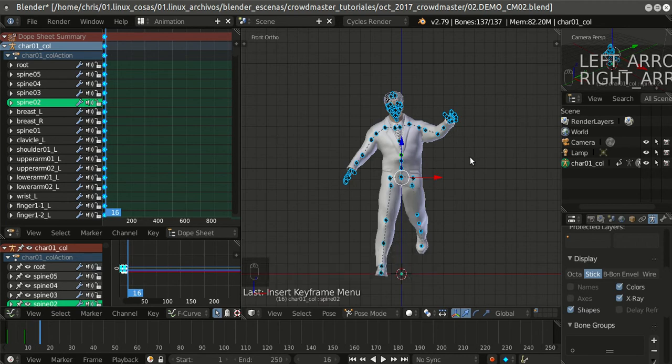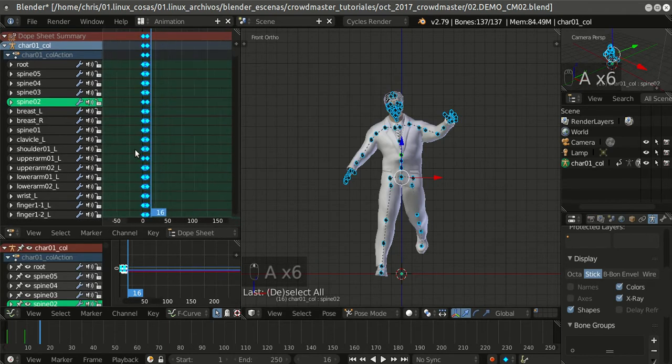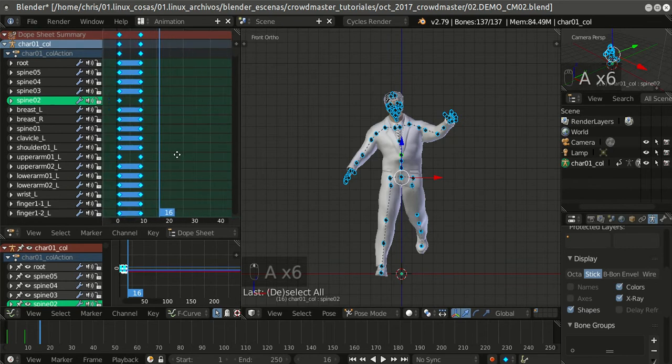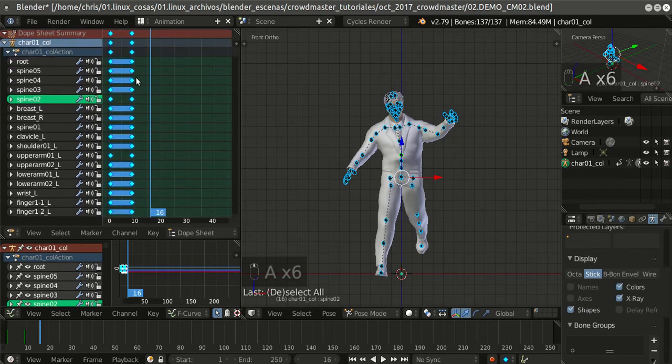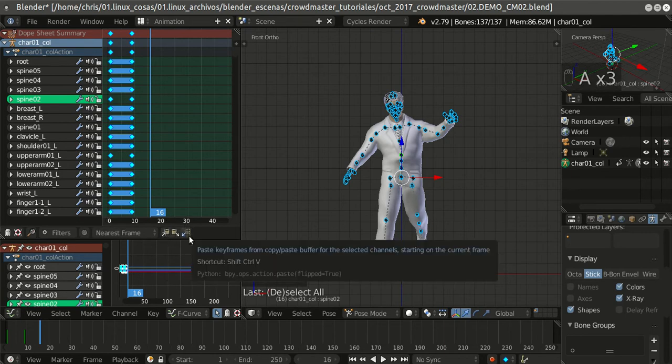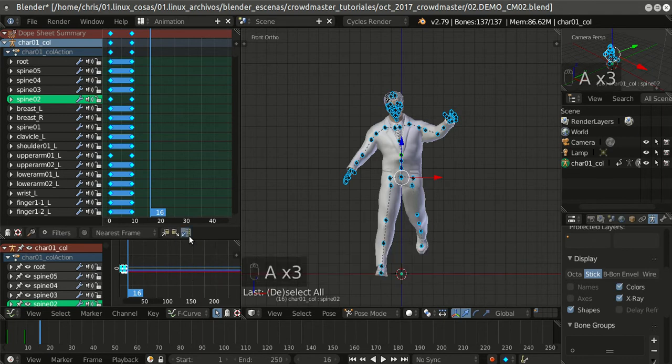And I make a mirror, select A. With scroll I zoom in to watch my keyframes more closely, and select copy. The keyframes should be all in blue. Then, with Shift, pick this button and press keyframes flip. Okay,